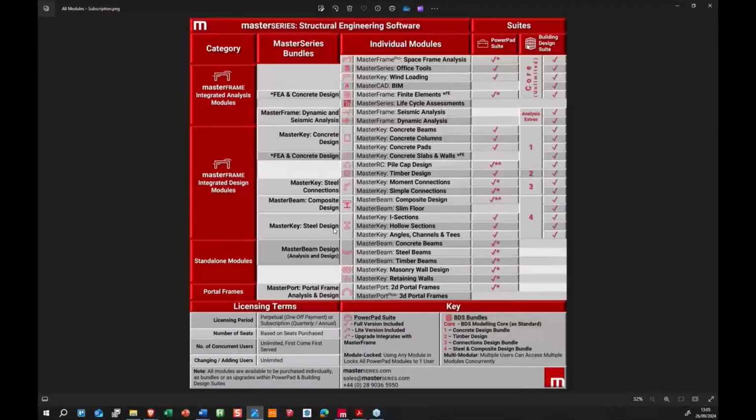I'm just going to go through a list of what we're going to cover today in the different modules. So we've got MasterFrame Pro. That is where we generate our 3D frames. That is at the heart of the MasterSeries ecosystem. And we've got all these integrated analysis and design modules. MasterFrame comes by default with our PowerPad suite and our full building design suite as well, as you can see